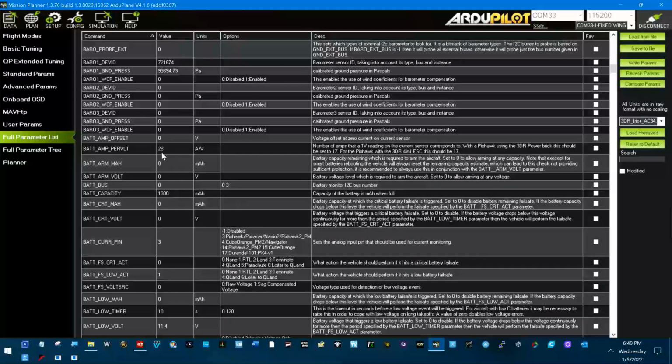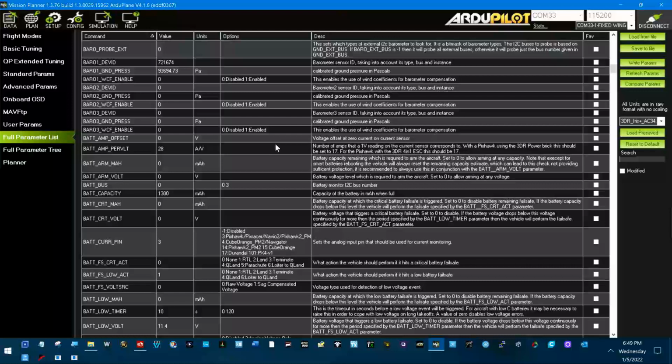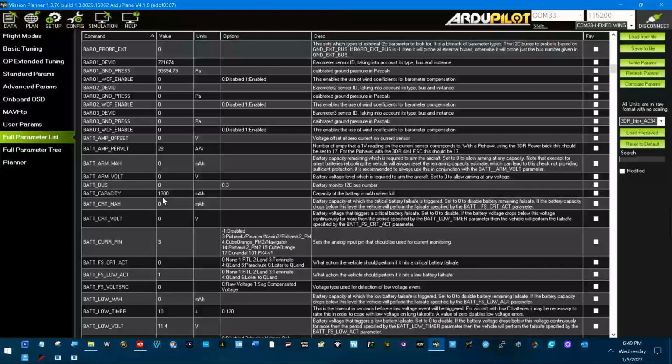Okay, these need to be looked at for making sure they're correctly calibrated. This is kind of the values that came from MRO Robotics. I don't do anything with this one, so it being a 0. Battery arm volt, no. Battery capacity, 1300 milliamp hour. Obviously, I'm not doing any of these fail safes. Again, this would need to be,